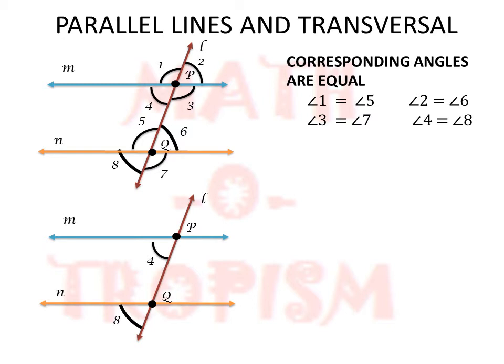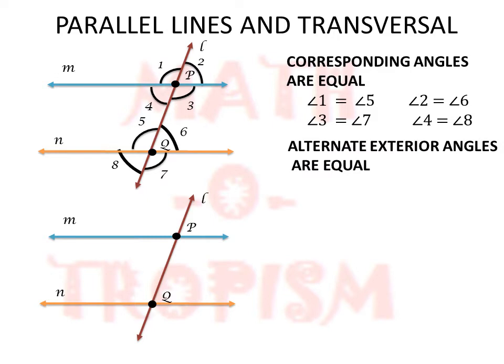Next we see about alternate exterior angles. These are the angles away from in between both lines. So it is above the line M and below the line N, and since they have mentioned alternate, it means if we are taking above the line M and to the left of the transversal, we should take below the line N and to the right of the transversal. So here we can see angle 1 and angle 7 are one pair of alternate exterior angles. So angle 1 is equal to angle 7.